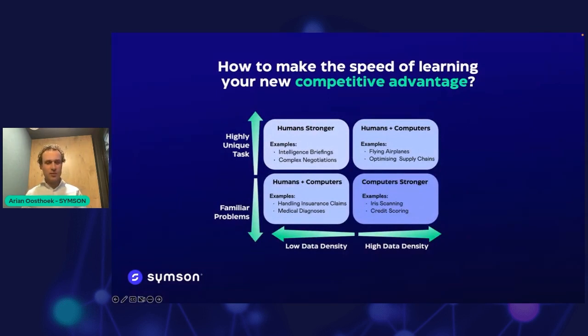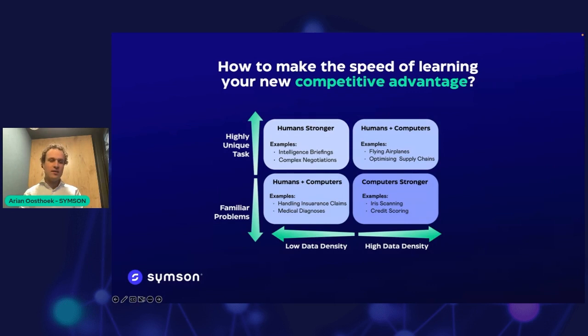The hyperlearning concept is built upon this matrix, developed by MIT professor Paul Schumacher, to help companies make superior judgments by combining human knowledge and machine knowledge. This matrix shows us where companies can excel in their decisions. On the vertical axis we have the uniqueness of the task, and on the horizontal axis, the data availability of each task.